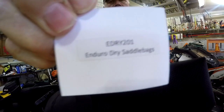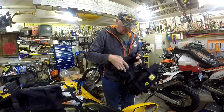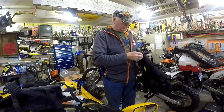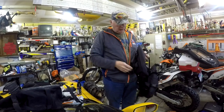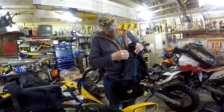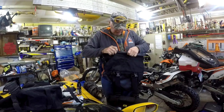The Enduro Dry Saddle Bags from Wolfman. So these are slightly bigger in capacity than the E12s, and the added benefit, which we'll see once I open these things up, I assume they're going to be in here. There's this interesting little rolly things that if I open them up,